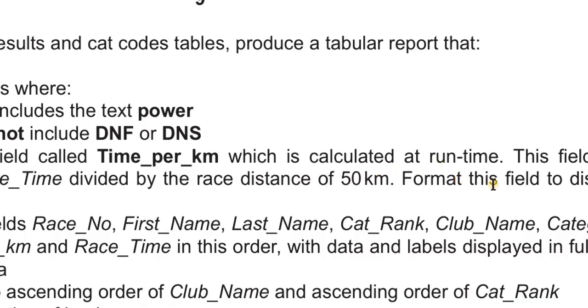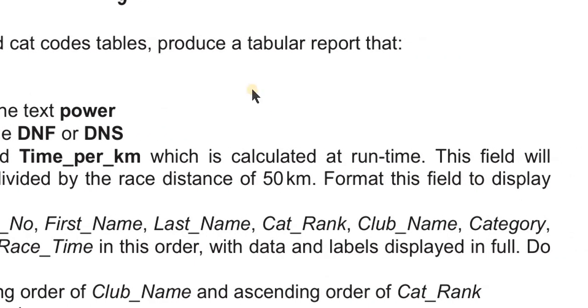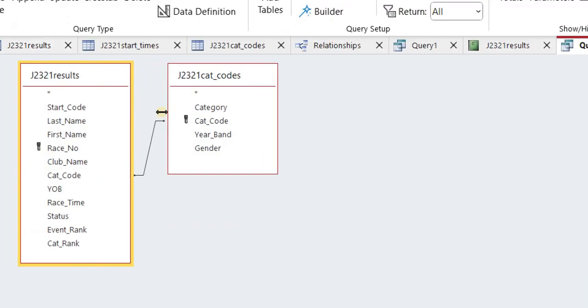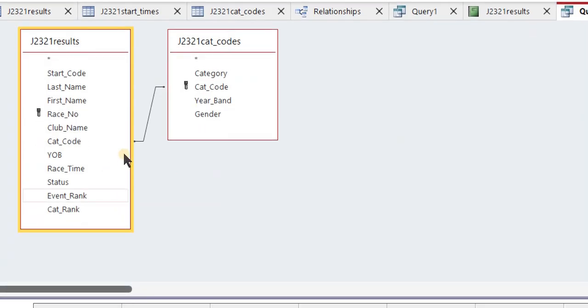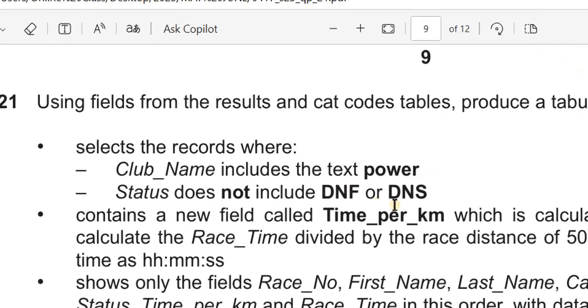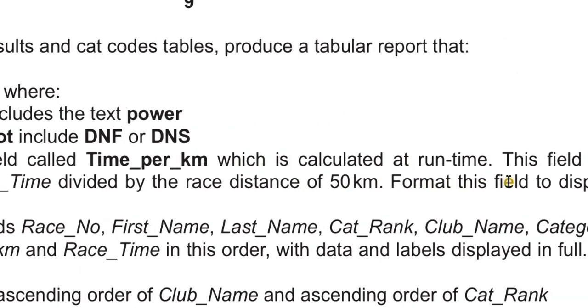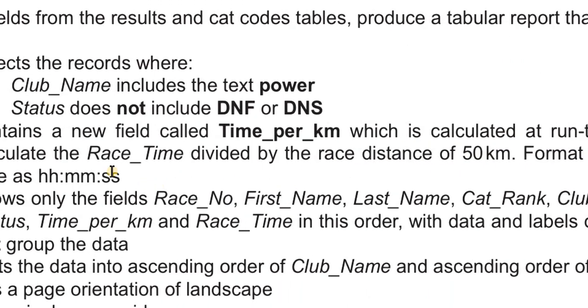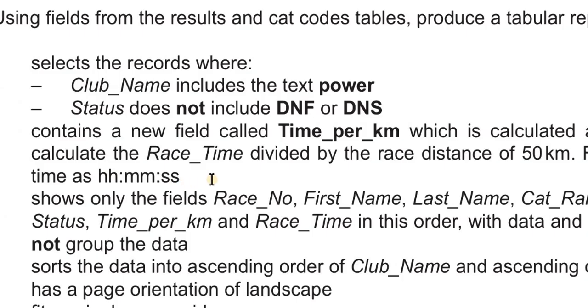Then we have the CAT rank, club name, category. Permit me. We have the CAT rank, that's category rank. Then we have the club name. Club name, is it here? Yes, we have a club name here. Sorry, the mouse is acting up. And we have the category. Here is category here. Okay, sorry, I'm going to switch over category, and then we have status, time per kilometer,